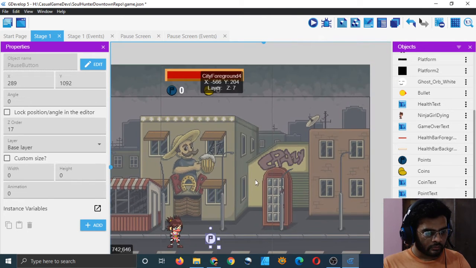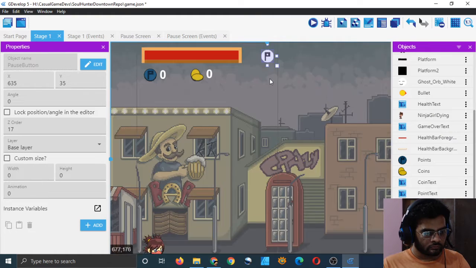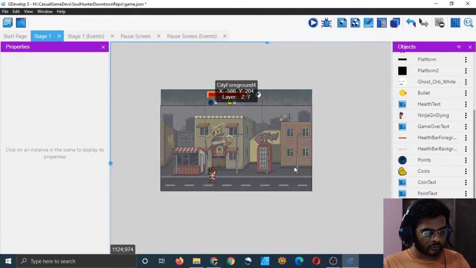Pause button should be here somewhere, right? Yep, that's where it should be.